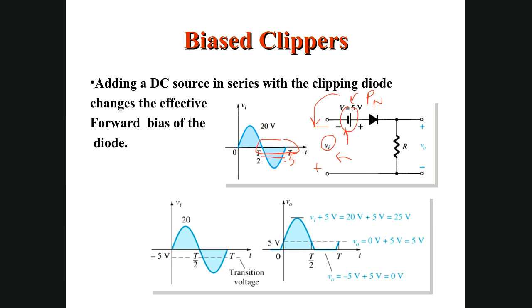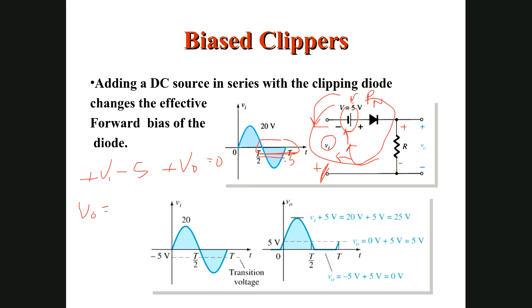Let us again solve this. It is minus, plus, and we are going this way. Let us use KVL, and we start from this point. How will we write it? Plus VI minus 5, this is forward bias, plus VO. Why VO? We are talking about this loop, and in this loop, the voltage here is VO because these two are parallel, equal to 0. From this equation, we can calculate the value of VO because this is what we want. We want output voltage, right? So VO will be